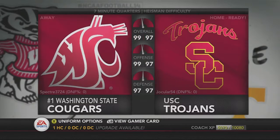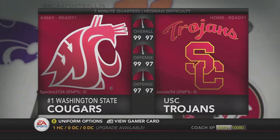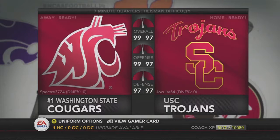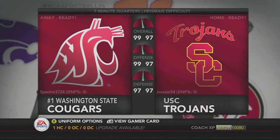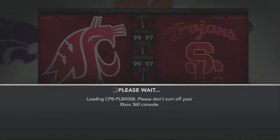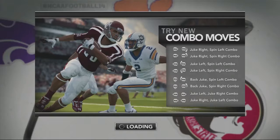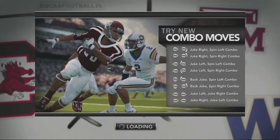So I was being a bit facetious there, Leon. Whether or not a receiver's legs are in bounds is something that is simulated in the game. Does the uniform selection have an effect on that in the game? No, I don't believe it does. It's just funny because I like to have, particularly with my players, white or bright socks and shoes so I can see them. And he likes to have dark ones. That's what I played with. But no, I don't believe that actually affects